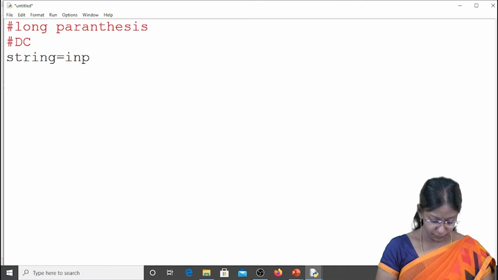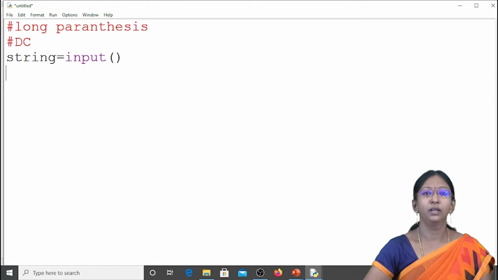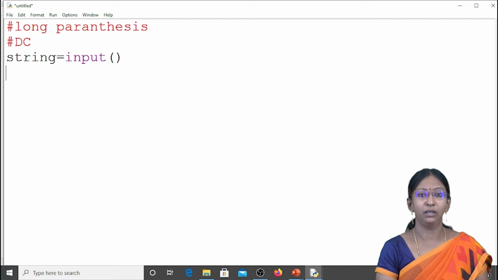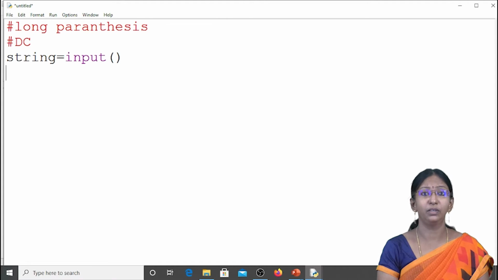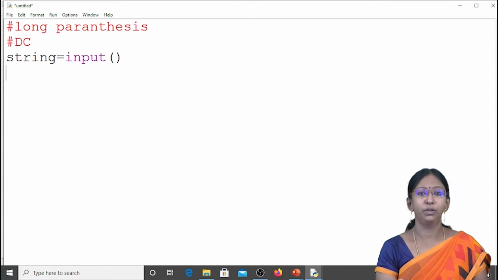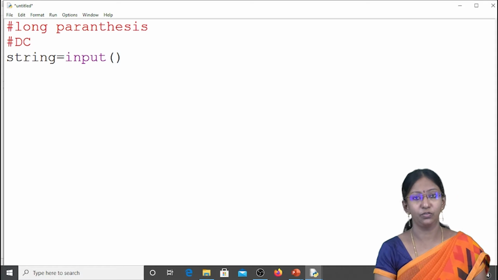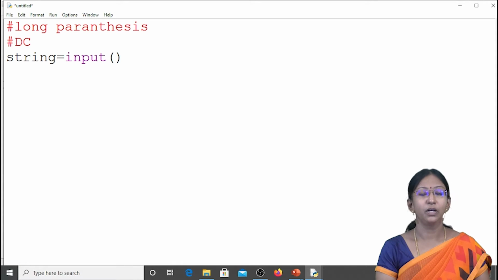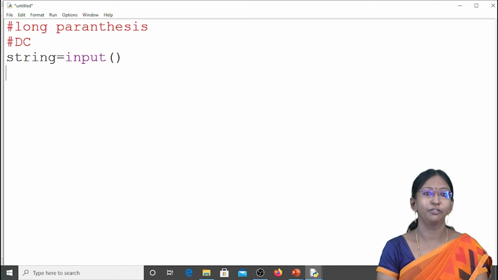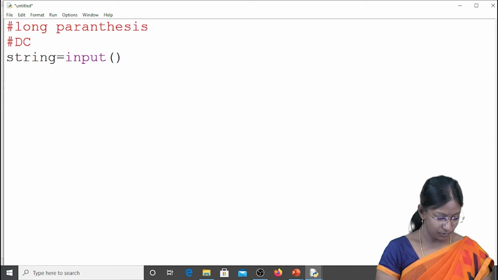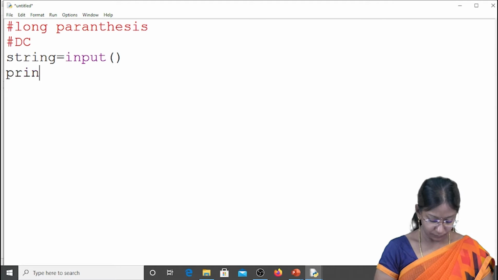So the function for that is input. The basic default function in Python is input. If you are reading a string itself, just leave that. If you want to read an integer, put a prefix of int. That is not required right now. I want to write the logic of this code using functions, so let me call a function for the same. Okay, so print